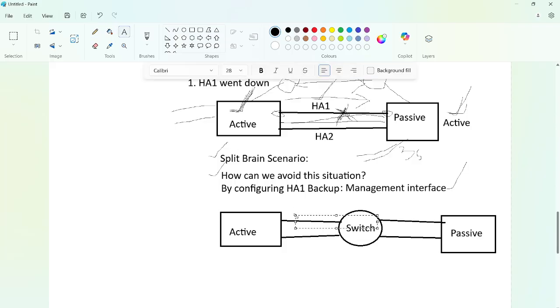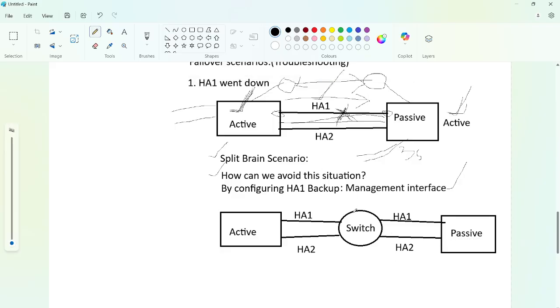here in this case our firewalls and links are all working fine. We have an HA1, we have an HA2, here also HA1, here also HA2. All the links and all the firewalls are working fine, there are no issues, but there is an issue with the intermediate device, which is the switch. This switch went down, and there is an interruption of the traffic. No information will be flowing from this or from this. In that case also,